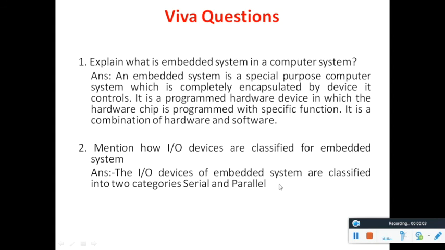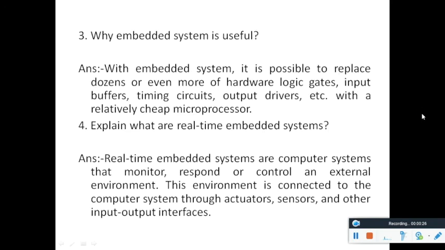Students, till now you understood how to write assembly language code to add the first 10 numbers which are stored in the memory location. Now these are some of the viva questions related to embedded systems, which give an overview of what an embedded system is, and what types of I/O devices are connected to an embedded system. We have to know all these concepts regarding embedded systems. This question tells you what an embedded system is, how it is useful, and what the differences are between a normal embedded system and a real-time embedded system. Like this, many types of questions may be asked on embedded systems.